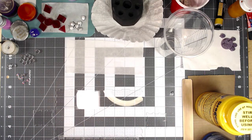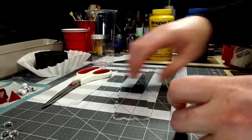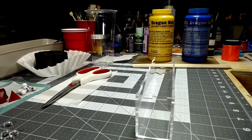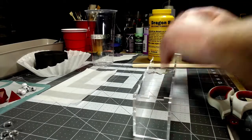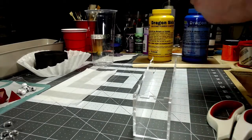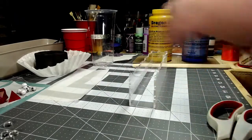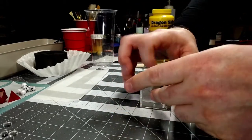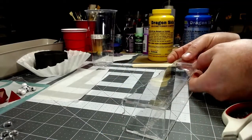I'm going to speed up all this footage to 4x just to get going. And here you see me putting the pieces together with my packing tape, because I found that the frog tape that I was using before caused cure inhibition with the silicone that seeped through, but it only happened on the lid portion of the first one. It didn't mess anything up, but I don't want to mess anything else up,